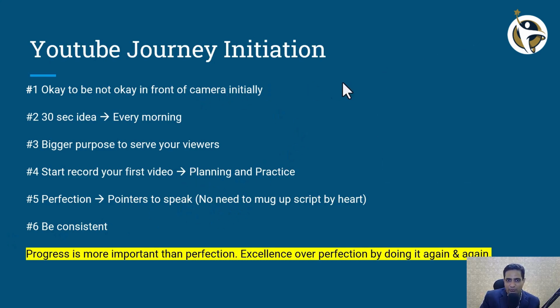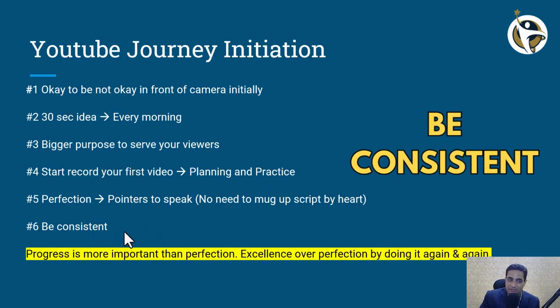Once you have enough practice, right? You need to put down the points and just speak in flow. No need to mug up, because when you mug up, if you forget anything, you will keep on recording that video 10 times, 15 times, 20 times. That will cause more problems. Just remember those bullet points and just talk naturally instead of mugging up. But at the end, if you practice it well, then you will be in a better position to give the right delivery.